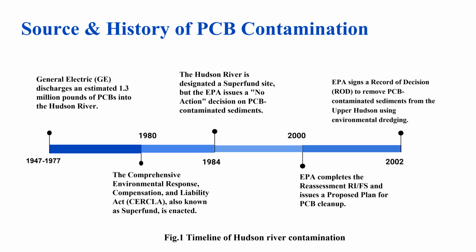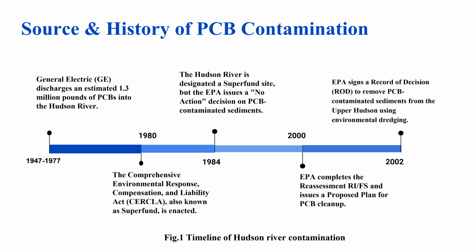Now, going back in time, we will discuss the sources and history of PCB contamination. It started in 1947 when General Electric discharged an estimated 1.3 million pounds of PCB into the Hudson River. In 1980, the Comprehensive Environmental Response, Compensation and Liability Act, also known as Superfund, was enacted. In 1984, the Hudson River was designated as a Superfund site, but the EPA issued a no action decision on